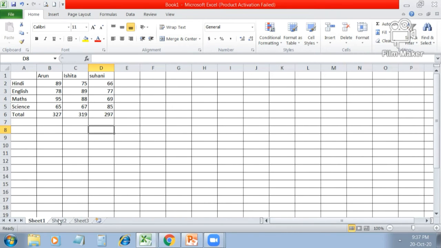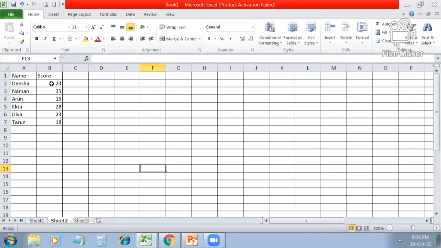Now we are going to revise sorting of data. First, what is sorting? Can you tell me what is sorting? Yes, sorting means to arrange data in ascending or descending order. To arrange a data, write something on the sheet like this. This is my written matter which I have written for you.